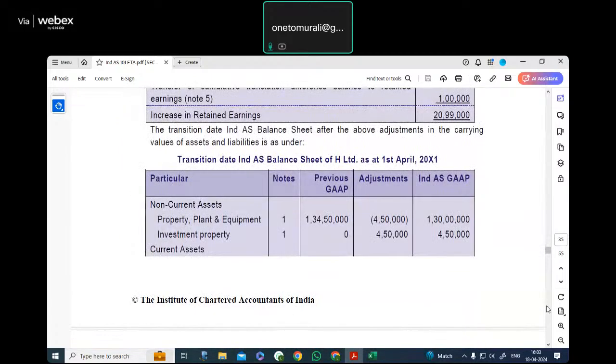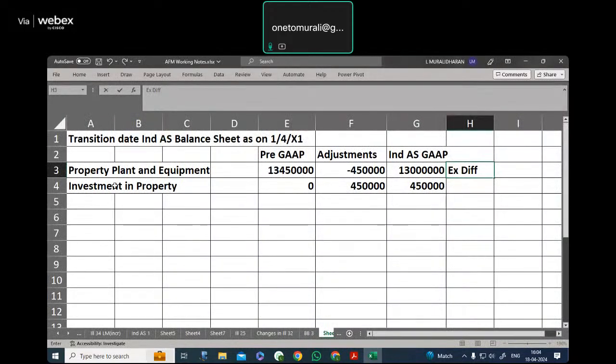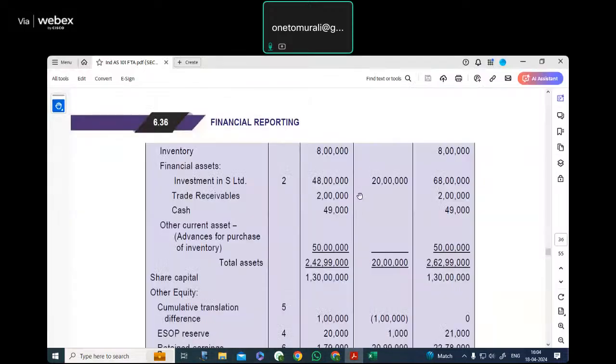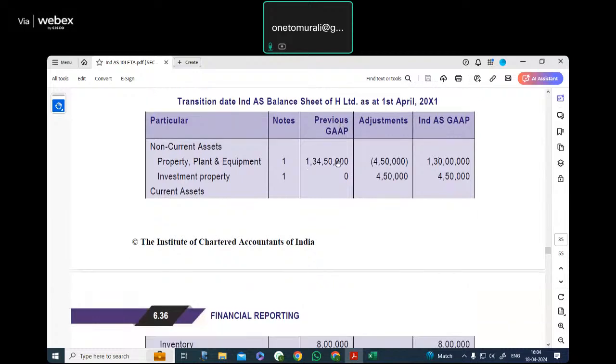Now let's go through how we adopt this. So we have investments to the extent of originally 48 lakhs. Now we are booking it at 68 lakhs. So we will redraft the balance sheet a little later. We will go by the order. So investment in subsidiary: 48 lakhs, 20 lakhs adjustment, and we are expected to take it at 68 lakhs. They have placed that in the form of a normal balance sheet itself, whereas I'm just taking it up as a trial balance only. In the same order, I'm just taking it up.